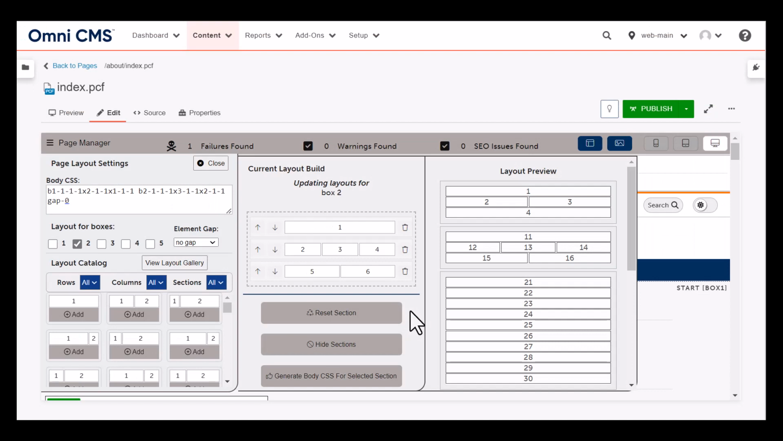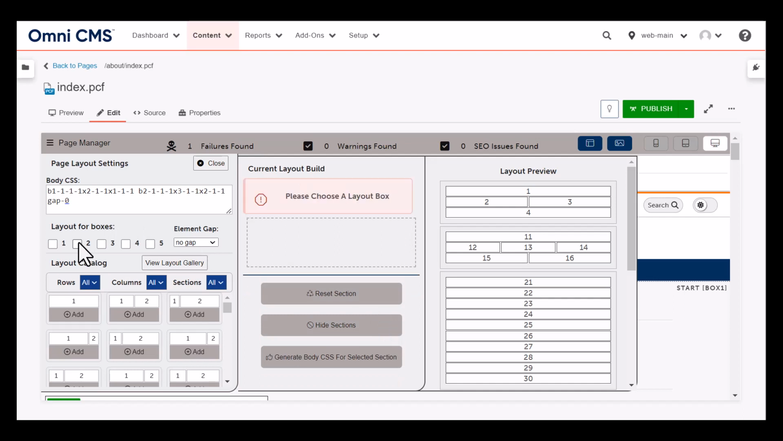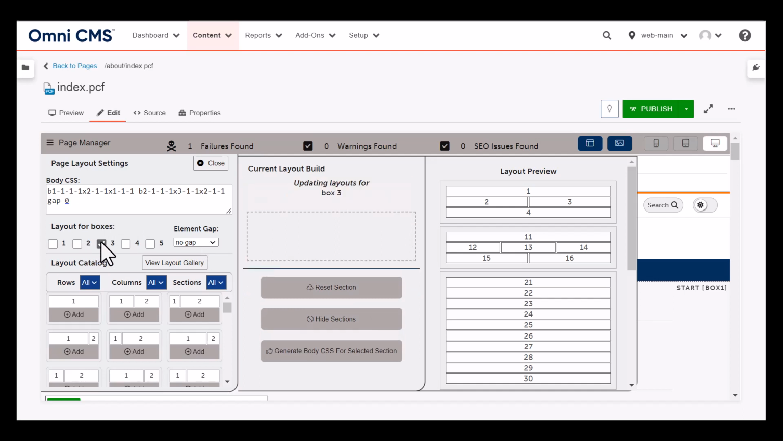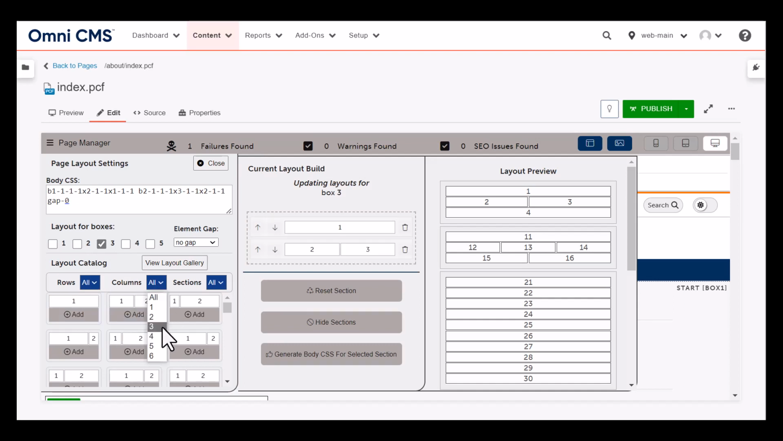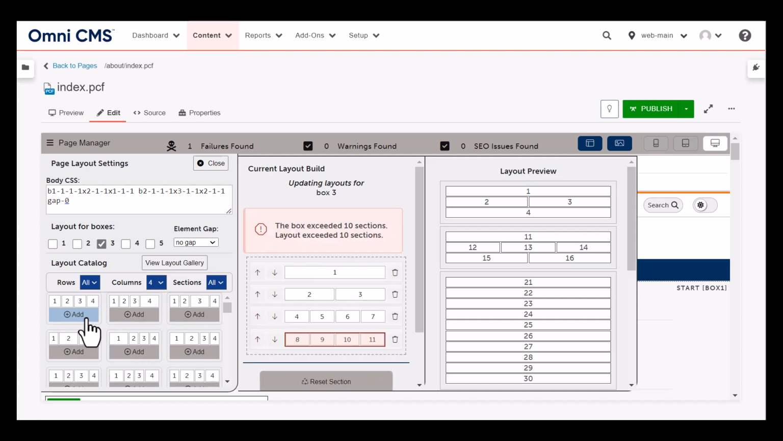Now that you're getting the hang of building layouts, let's quickly set up box 3. We begin by clicking Reset Section because we want a blank slate to start with. I will deselect box 2 and select box 3. I'm going to add a row and 2 columns. And then I'm going to add 4 columns, and I want one more row of, the box has exceeded 10